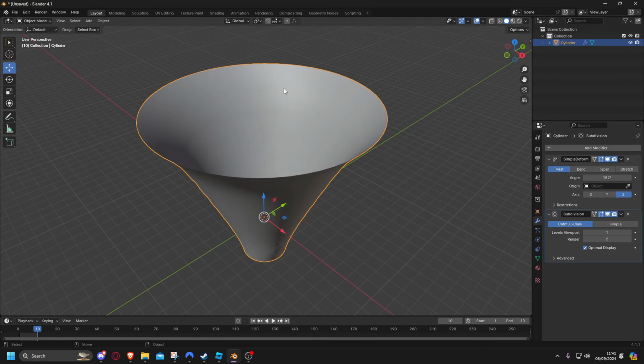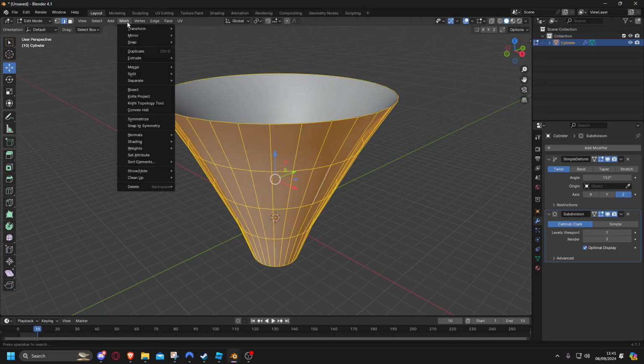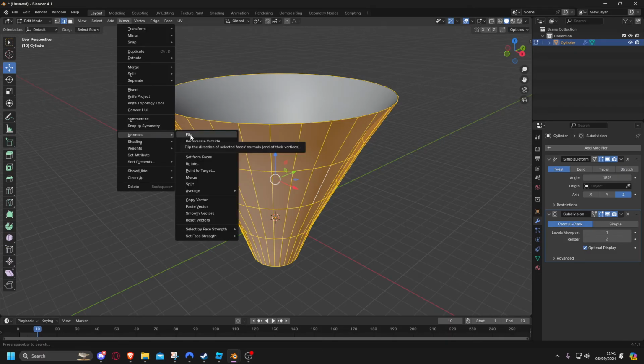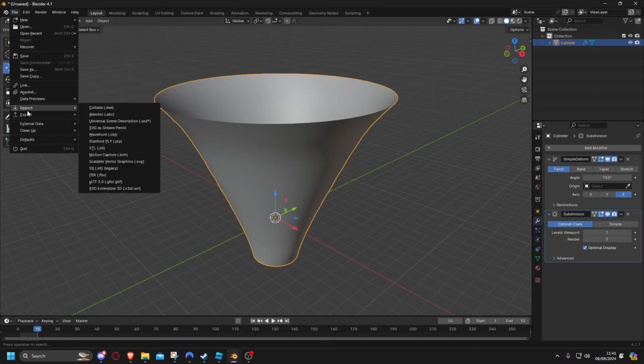After you've saved the mesh onto your desktop, what you need to do next is go into Edit Mode, press Control A, and go to the Mesh menu, then Normals, and Flip. What that's going to do for you is give you the two sets of models that you need, and then after you flip the mesh, simply come out of Edit Mode and export